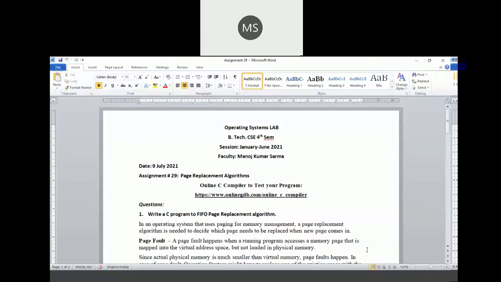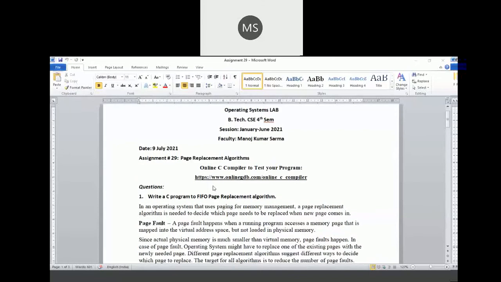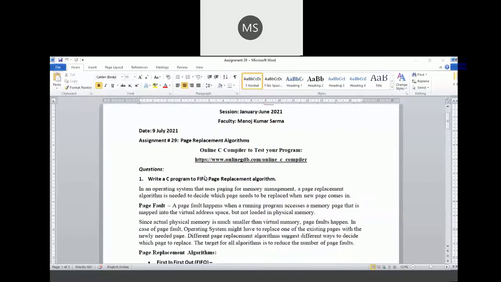So today we will learn page replacement algorithms, out of which one we will do today. Actually, page replacement algorithms will be discussed in the next theory class. Meanwhile, one of the simplest page replacement algorithms we will discuss today.